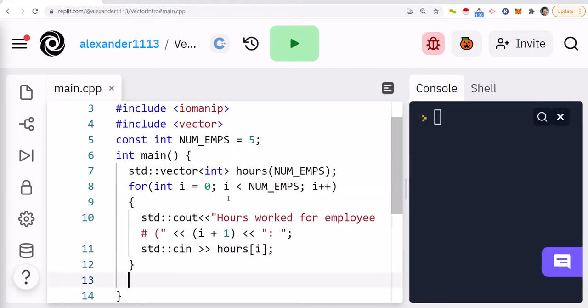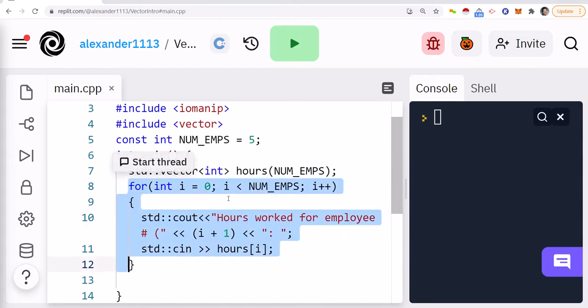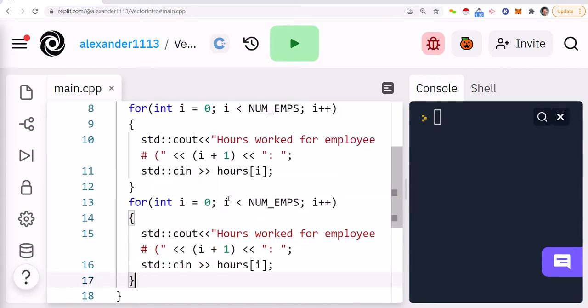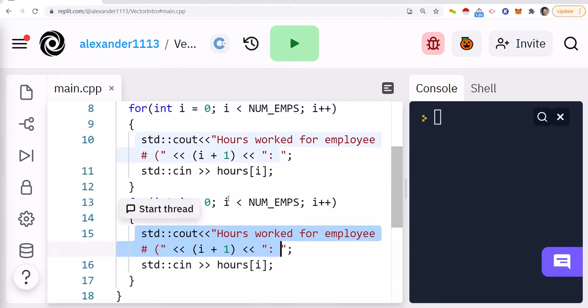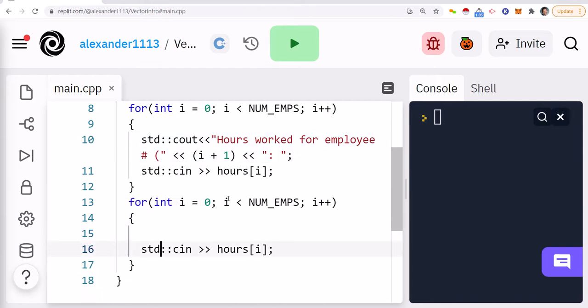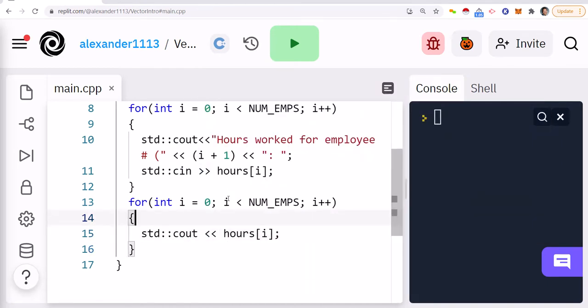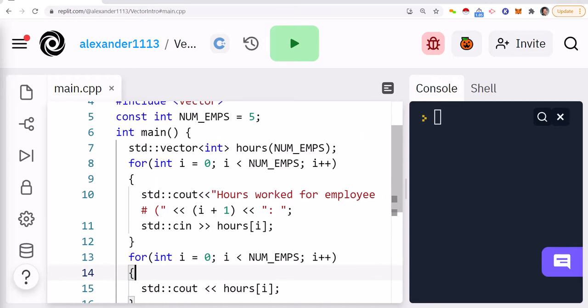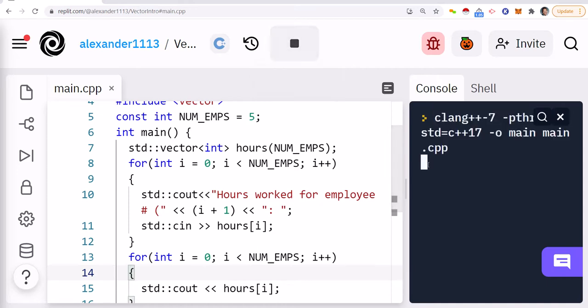And then if I want to print them out, I can just do the following. So we're just going to read the hours each employee worked, and then we'll just print the data out. So if we do that,